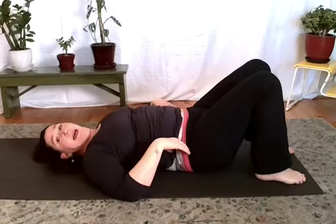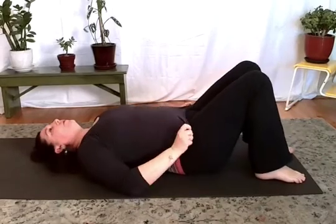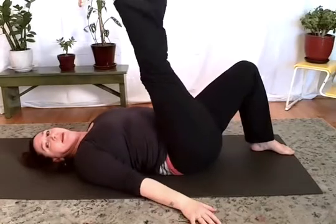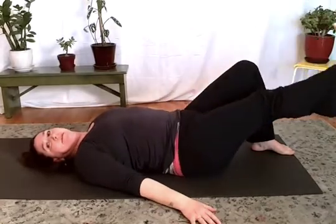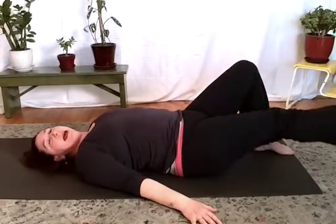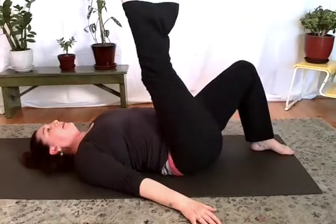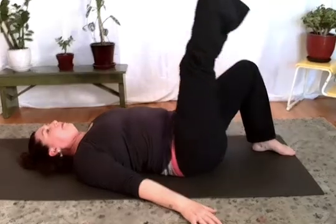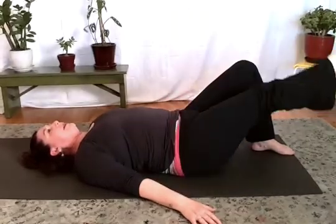We're going to do a set of leg lifts here, putting your feet on the floor. Extend the right leg up and flex the foot. Now lower the leg till it's about to hit the mat and lift. Lower and lift. We'll do another 10,